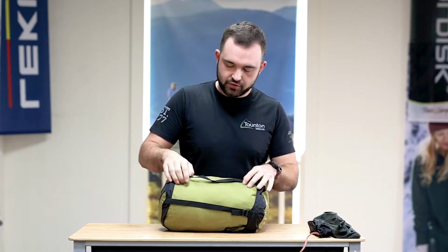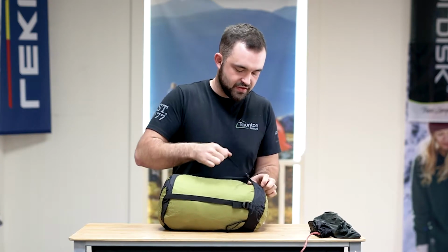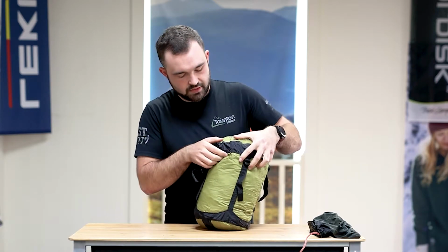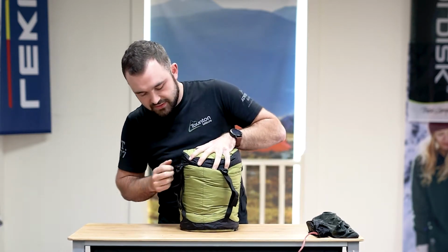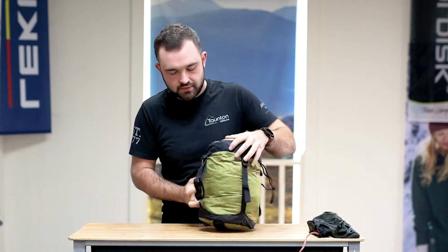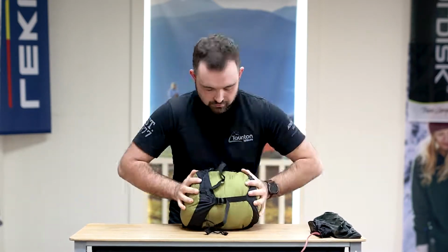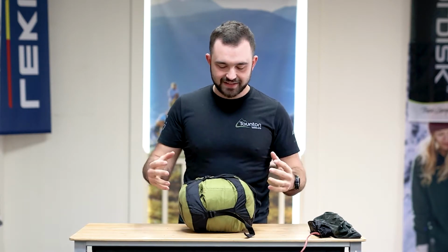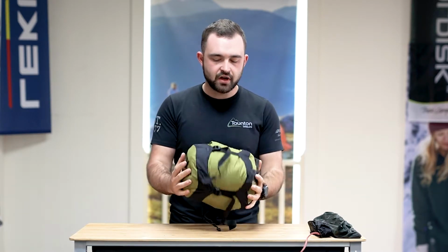You're going to want to do this in little increments at a time, moving the bag over just so you don't apply too much tension to any one side and damage your bag. But we should be able to get this down to a pretty good size. Lovely job. As you can see, this is now a much better pack size and also a better shape for